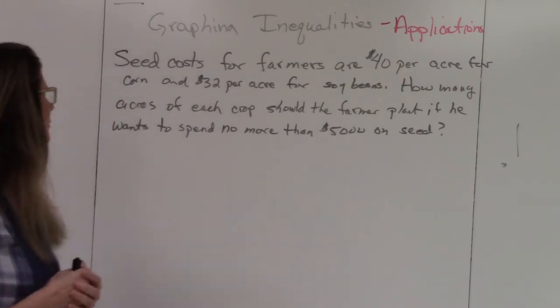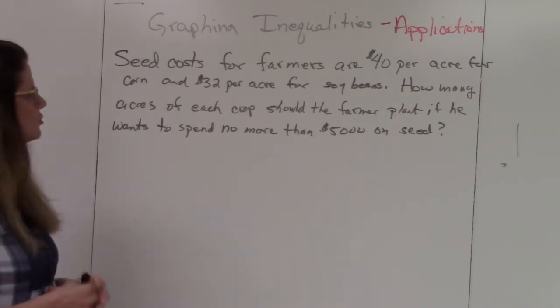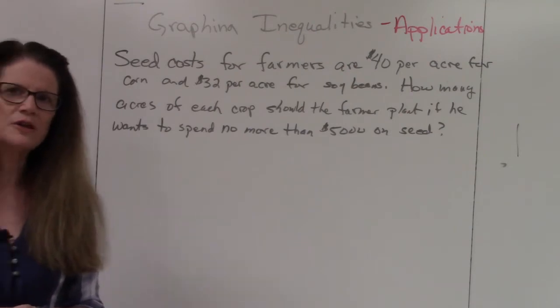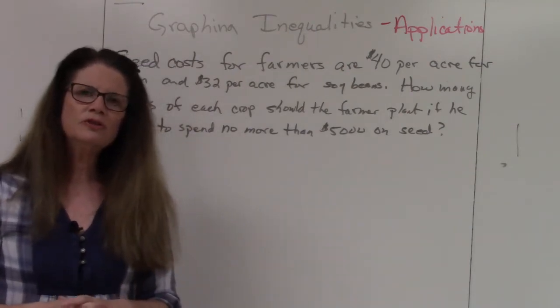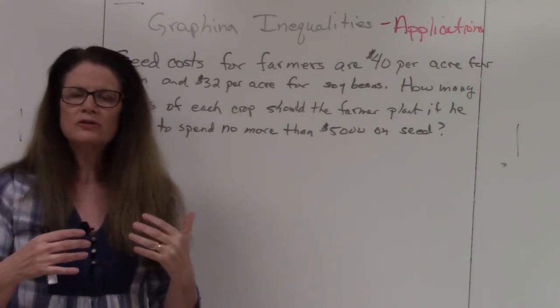So I have a word problem here. It says seed costs for farmers are $40 per acre for corn and $32 per acre for soybeans. How many acres of each crop should the farmer plant if he wants to spend no more than $5,000 on seed? So whenever you're dealing with inequalities, you're going to have to come up with, okay, which symbol goes with